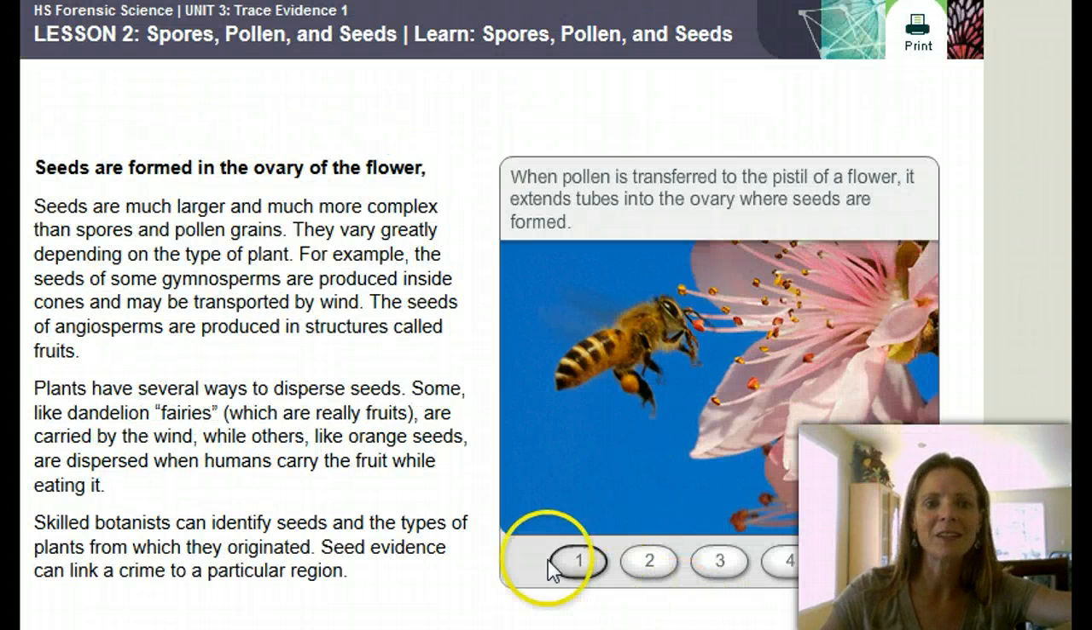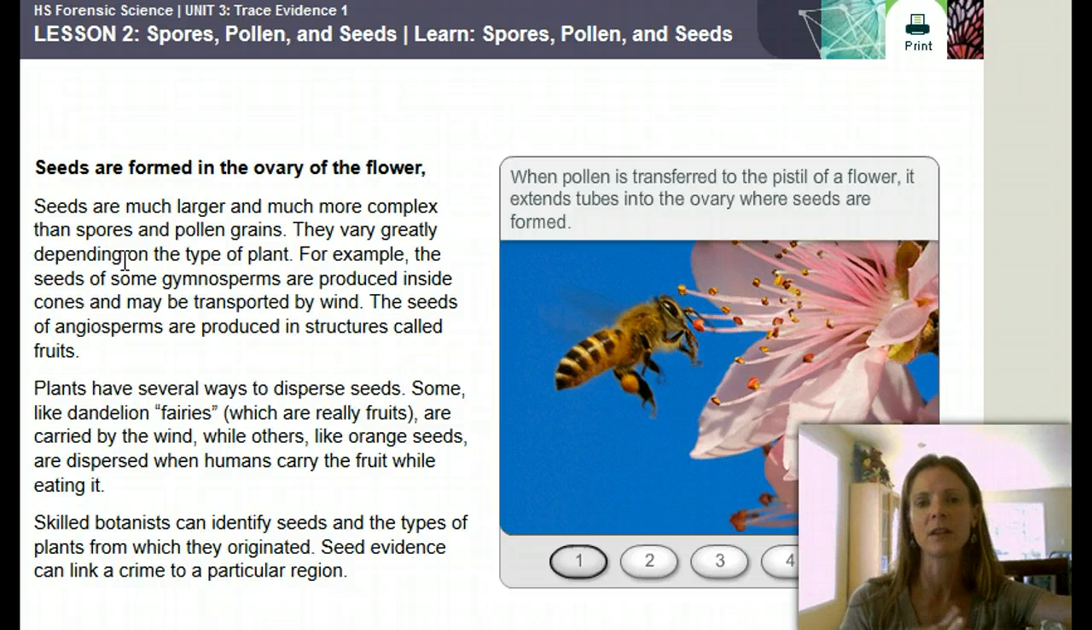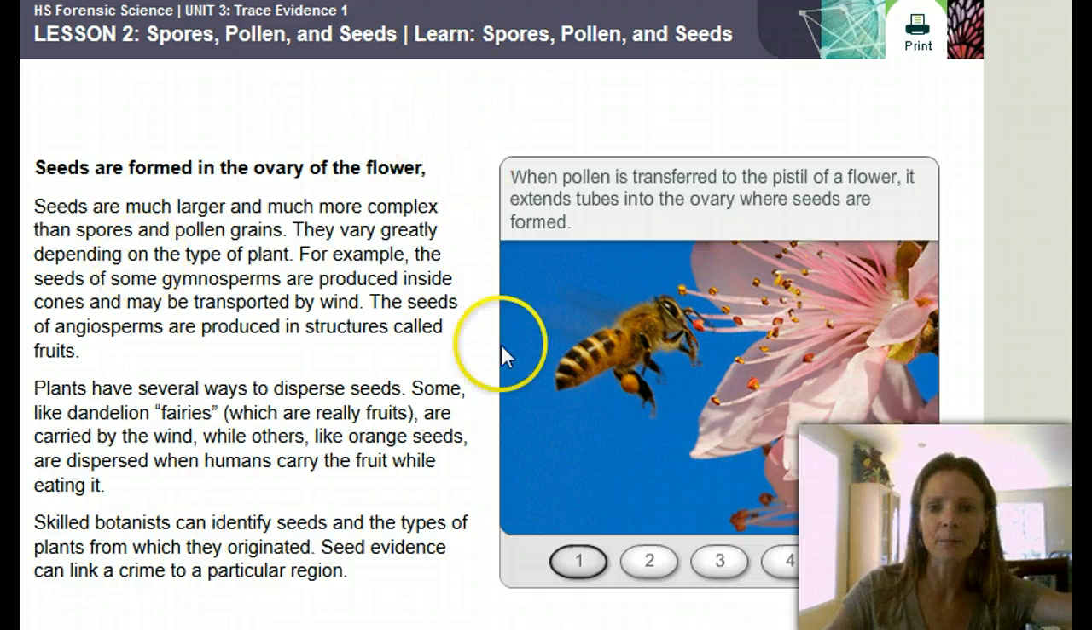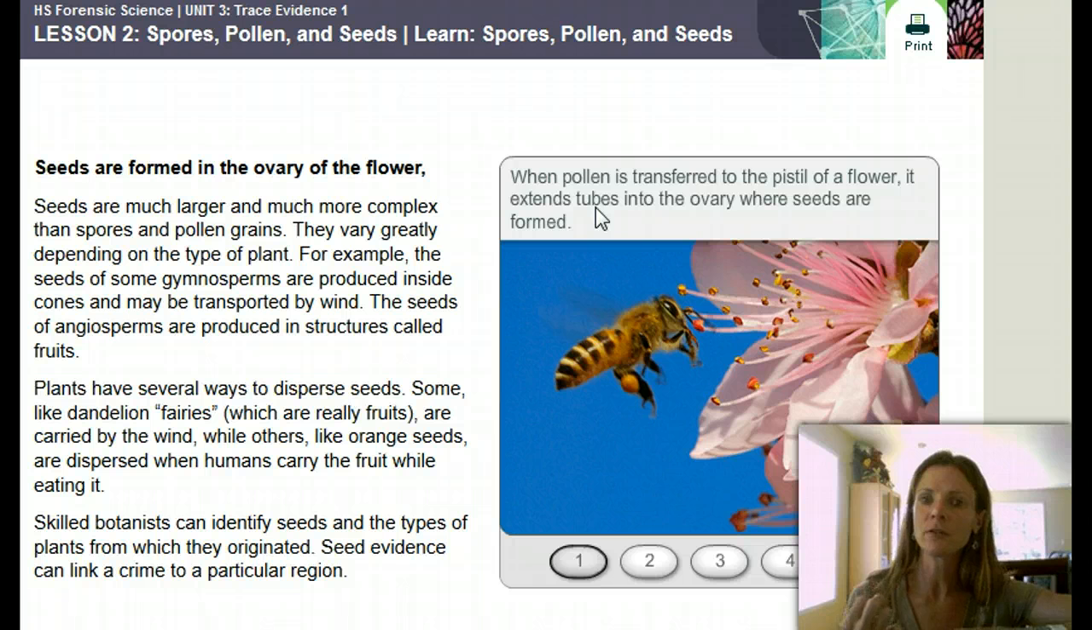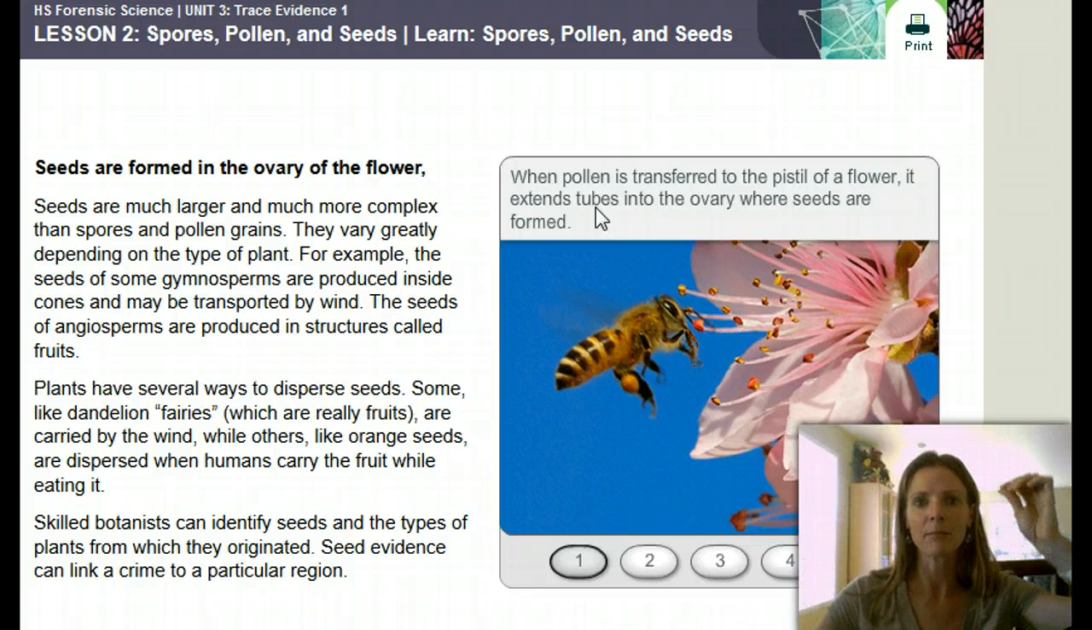So seeds are formed in the ovary or flower. I'm not going to go over this in depth because this is something that you can read and brush up on. I want to explain the importance of these when it comes to investigating a crime scene. But nonetheless, I'll go through these pictures with you. It says when pollen is transferred to the pistil of a flower, which is where the female parts are found, it extends the tube into the ovaries where the seed is formed. So basically, that pollen grain is going to fertilize that,